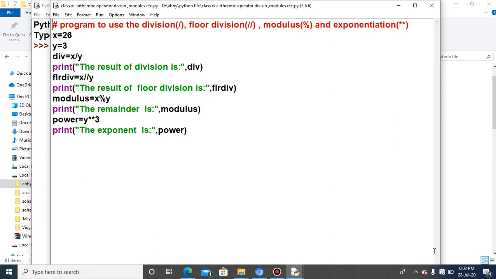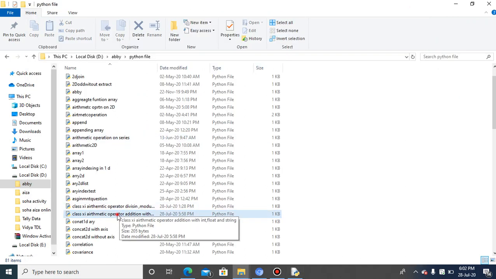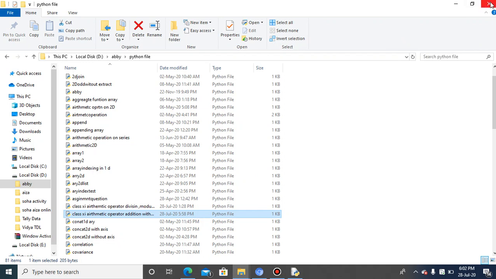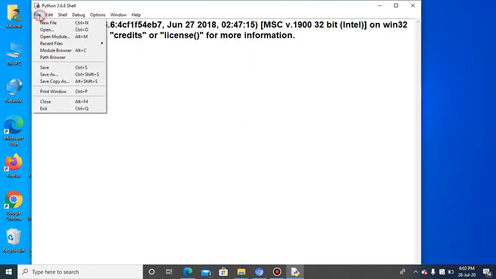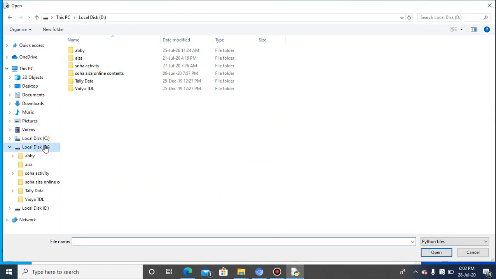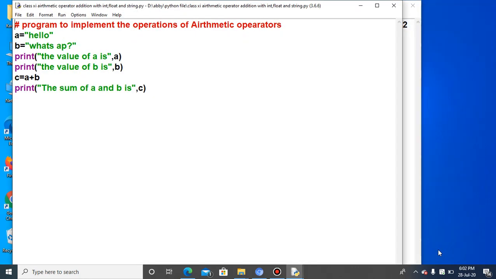Now this is the file arithmetic. The second one I need to open, addition. Again some problem has come, I think. Yes, this one.